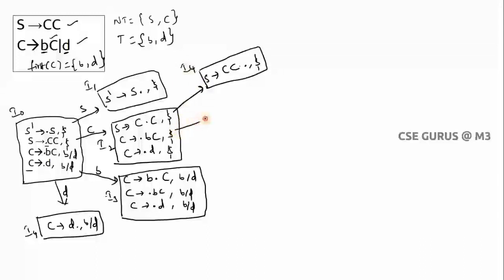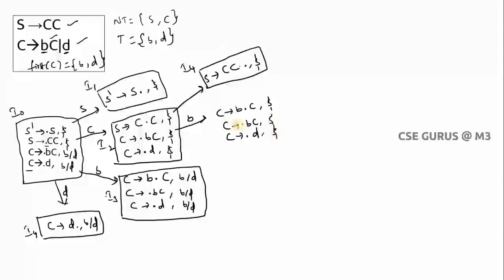Now the next part, here you can see you need to scan B. If I scan B, C tends to B dot C you will get, and of course the dollar. Now what is there after dot? C is there, so I'll write C productions, dot BC, and here dot D. Now you can see what the lookahead is for these two. You have to generate it. C is there, so what is there after dot C? No symbol, so that's why I have to write dollar.